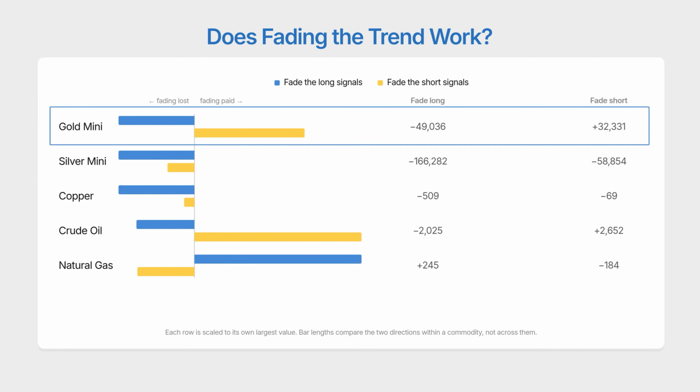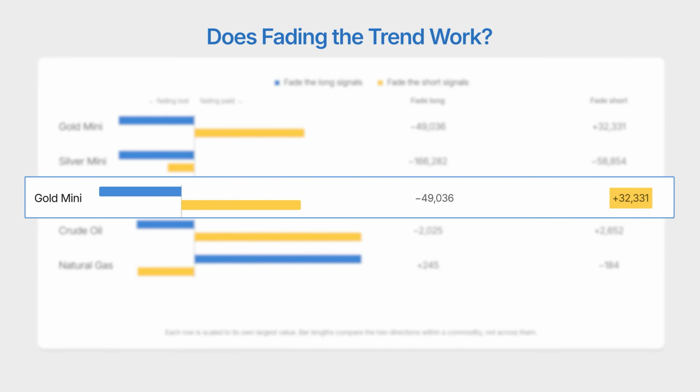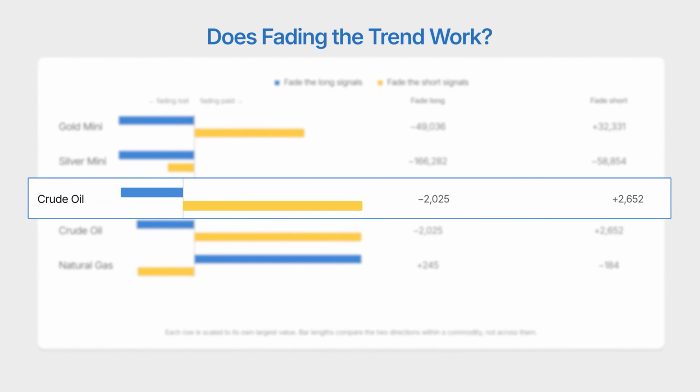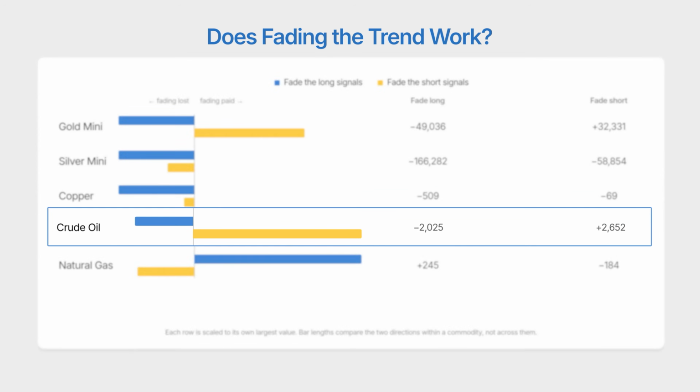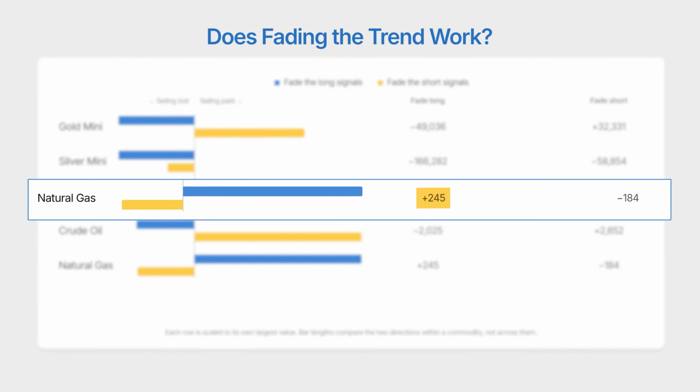Let's start with gold again, the gold short signals that is. Fading them returns 331 points, which is another way of saying that shorting gold did not work. 46 short signals in 11 years and you would have been better off taking the other side of every one. The second is the crude's short signals, which were 2,652 points. The third is natural gas's long signals, which were 245 points. While both are positive, you should dig deeper to figure out whether there's really an edge before getting too